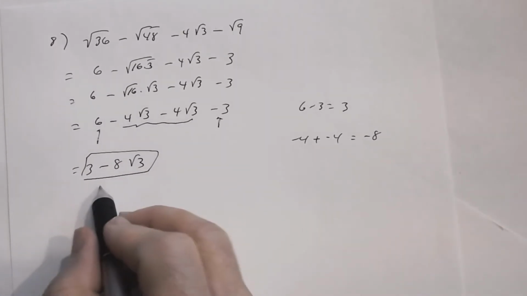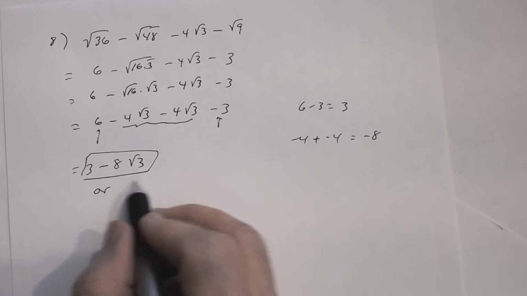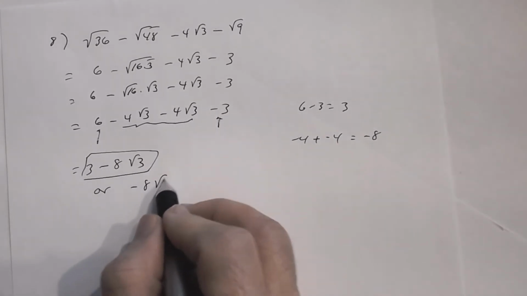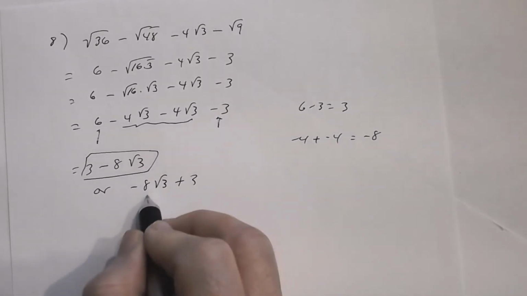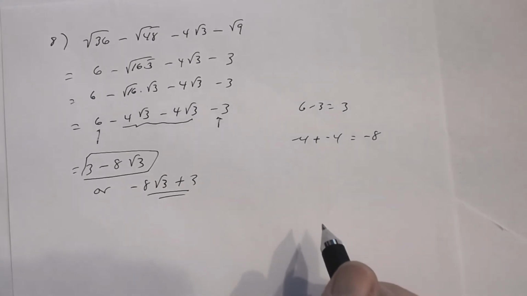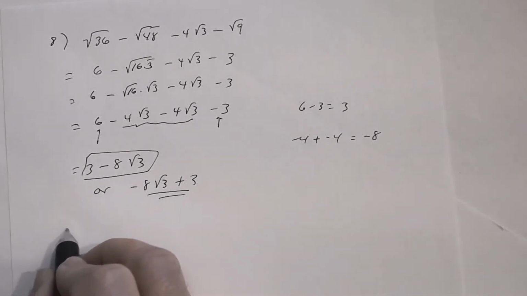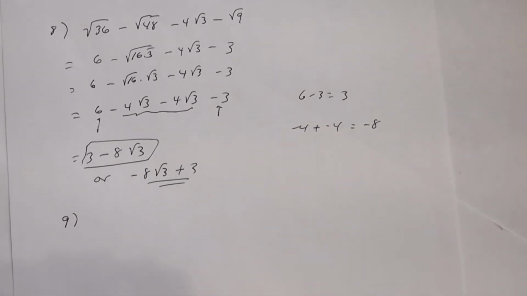Okay, now if you want to rewrite it, you can put the radical first. You can say negative 8 square root of 3 plus 3. Either one of those is fine. All right, so it's number 8. Number 9, we have